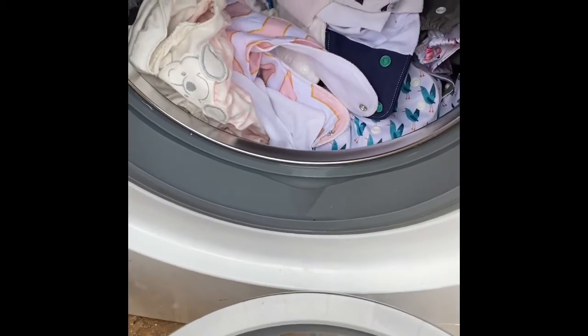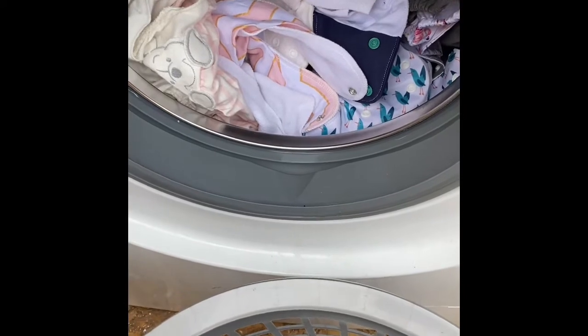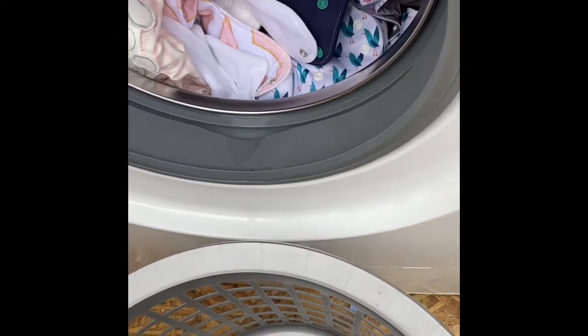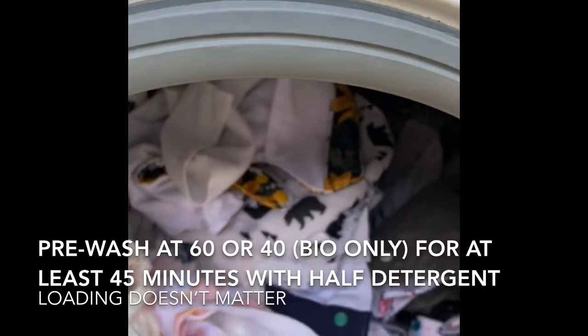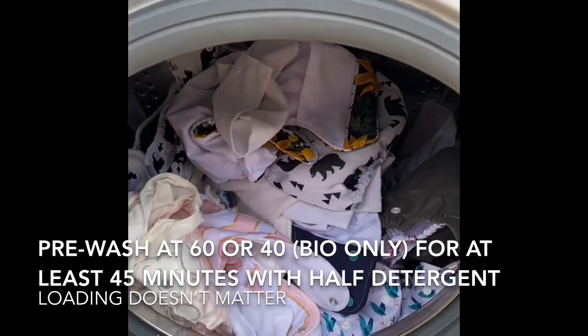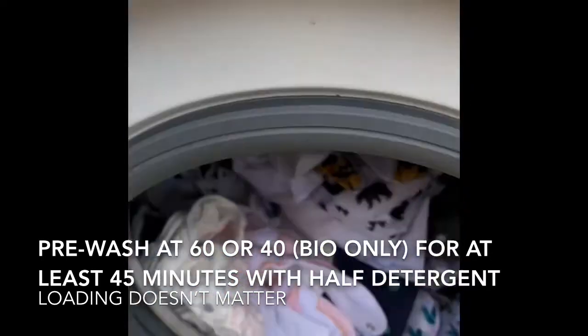But what I found was that I wanted the most agitation, so the best clean, so I was emptying the mesh bag into the washing machine anyway, so I just got rid of that step. That was just pointless. For your pre-wash, the loading isn't a problem. You just have to put in whatever nappies you have for your pre-wash. You don't have to worry about how full your washing machine is. Put your half detergent in your drawer,